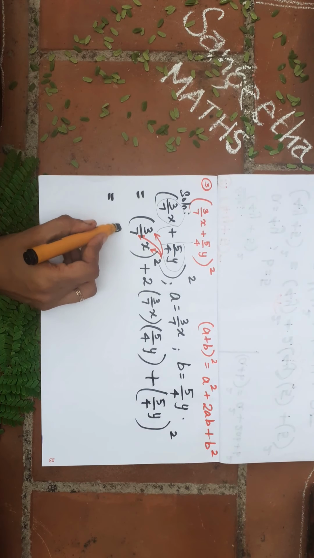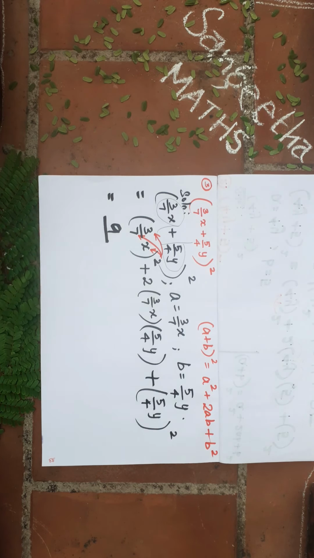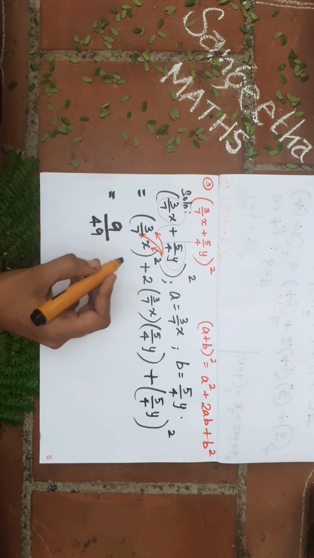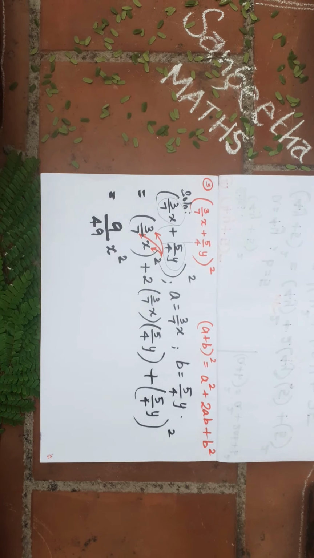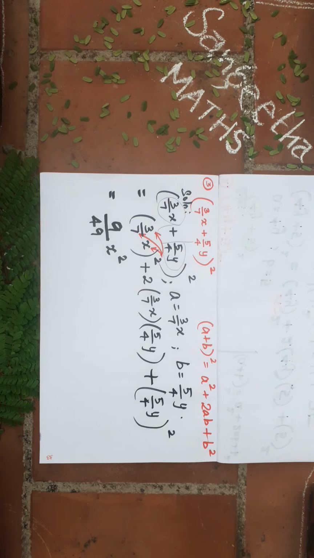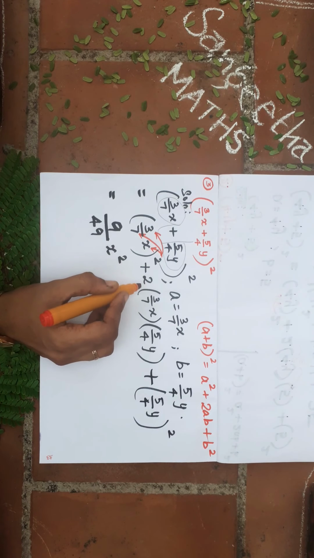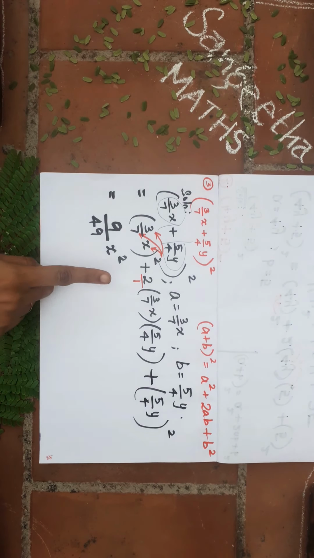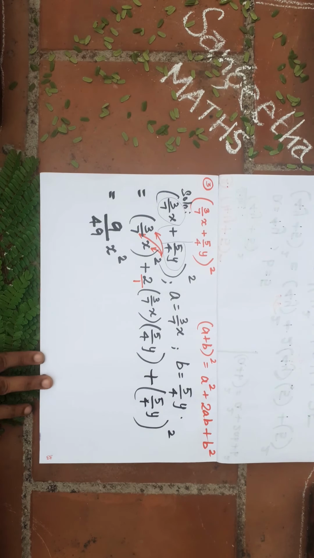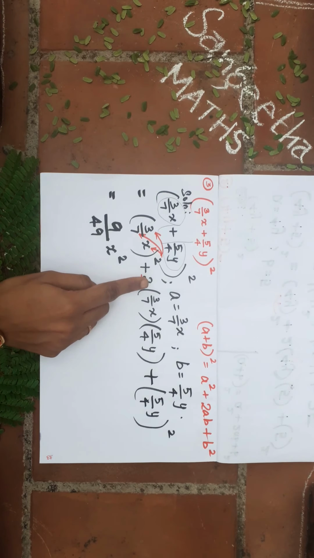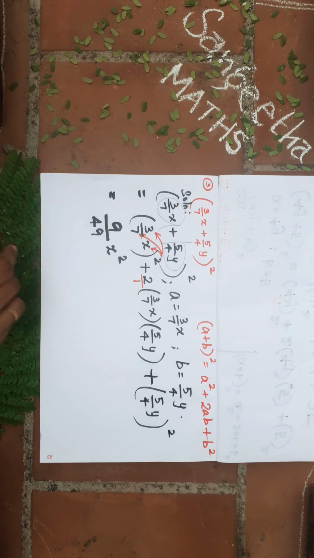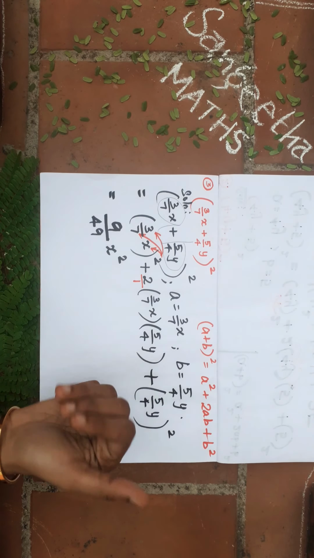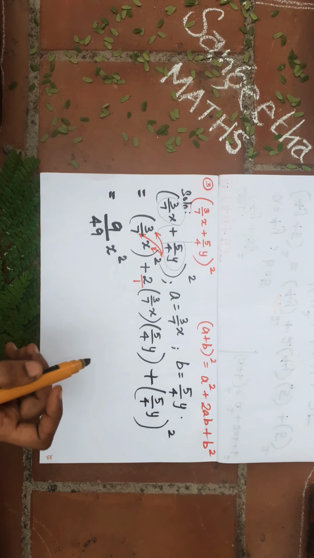So let's do what comes. 3 square is 9. 7 square is 7 into 7, it is 49. Then x square. Okay, now we are going to multiply. You should know that any whole number can be written as a rational number or fraction, because it will have a denominator 1. How do we multiply? If you want, you can cancel it, or you can multiply all the numerators and all the denominators. First I'll multiply, then I'll see about the cancellation. So how do we multiply?